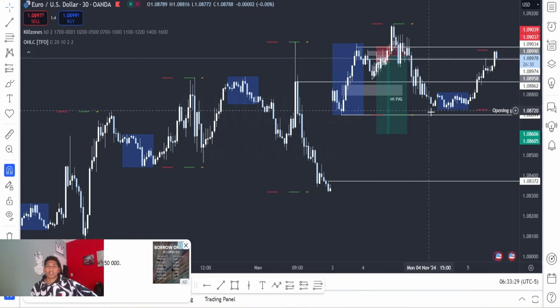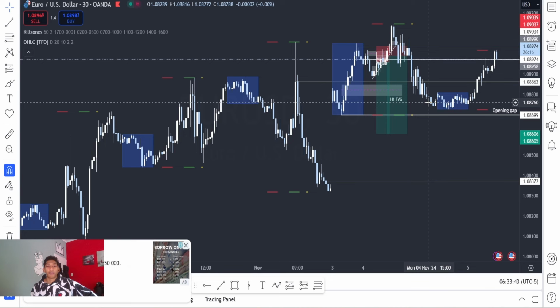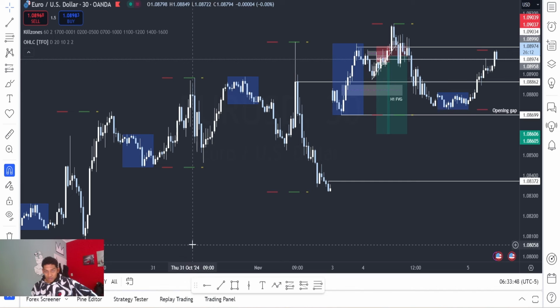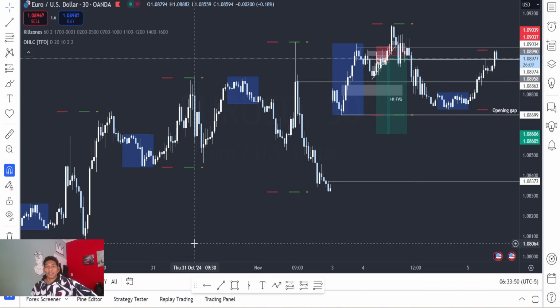So that was really painful. Like, imagine watching this just go down. I definitely would have taken profits at the end of the day, at least. I would have been up a considerable amount compared to what I've been making. So yeah, really sucks, but it is what it is. You can't win every trade, even when your daily bias is correct. You can't win them all. That's the reality of trading, and you just have to take it on the chin.